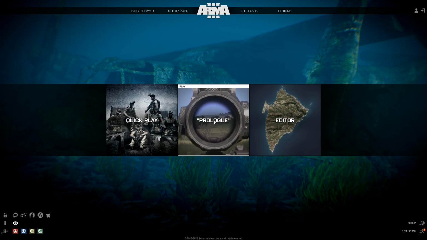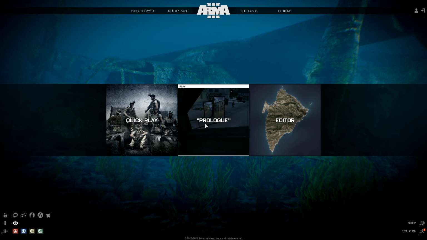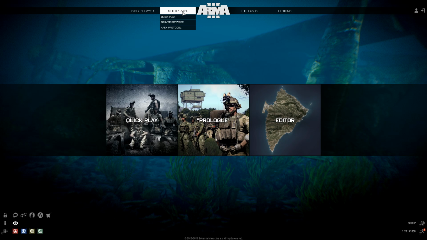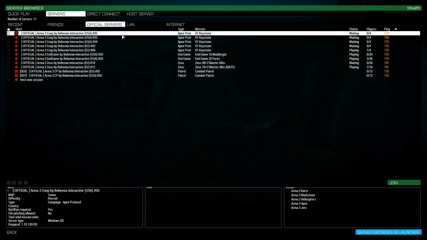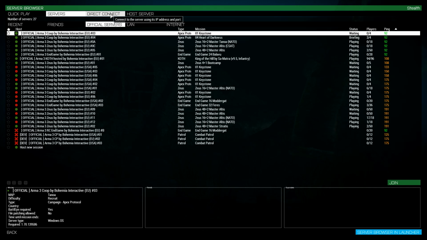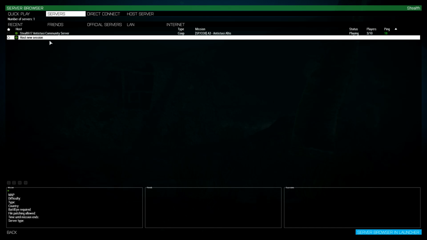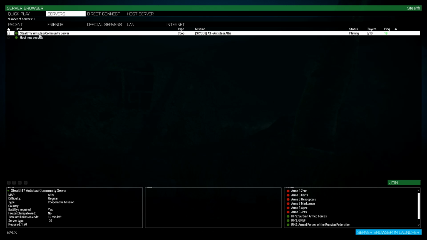Alright, once Arma has loaded up, you should be seeing a screen something like this. Maybe you have some DLCs and it might look different. You're going to go to Multiplayer and then Server Browser. We're going to connect to my server, which you can usually find easiest through Direct Connect. You enter 108.61.98.7. Address is also in the description down below. You click Join. Then you're going to see one server exactly, which is Stealth 17 Antistasi Community Server, and